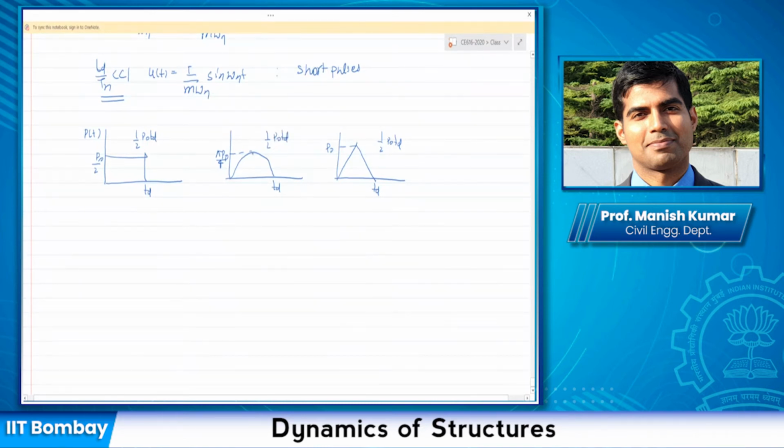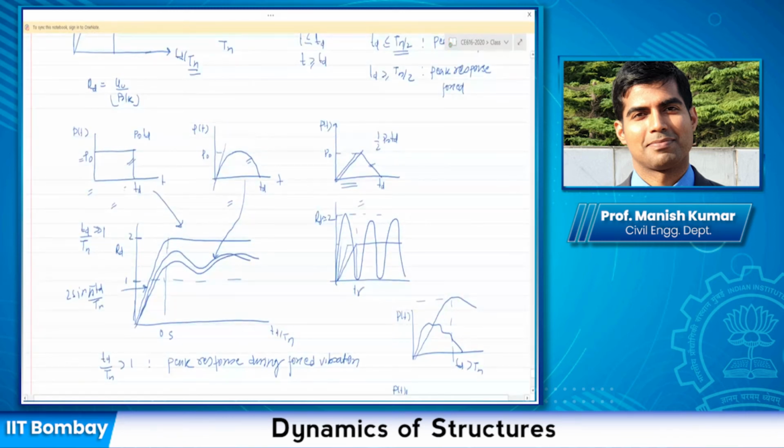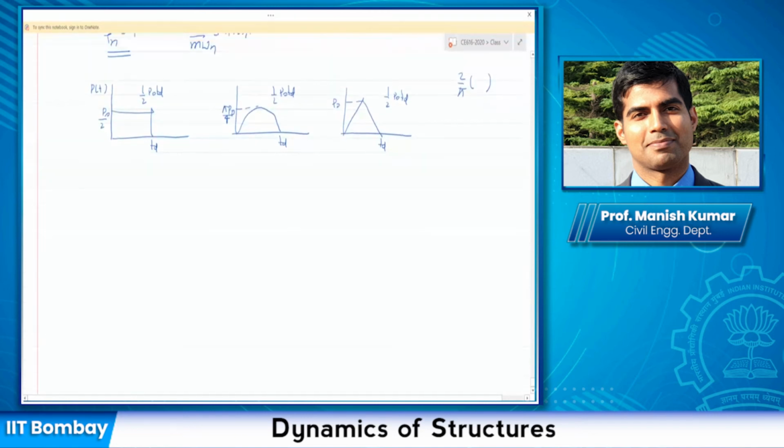So this would be half P naught TD again. The area is actually this peak times this, divided by 2 pi, I think. So you can go ahead, I think 2 by pi times this area. You can go ahead and utilize that. So I think this one here should be not this, but actually 2 by pi times P naught times TD. All right. So now these three pulses have the same area, and you can utilize the expressions that we have derived for this one, for this, and for the half triangular.